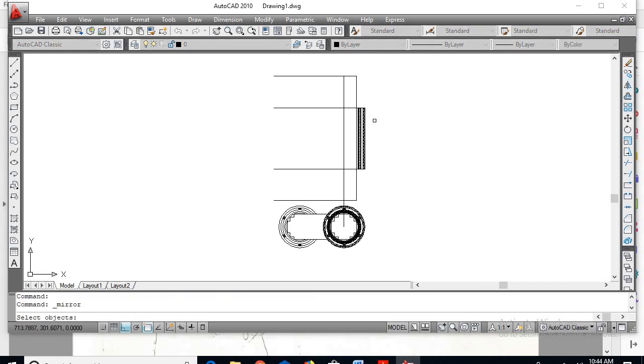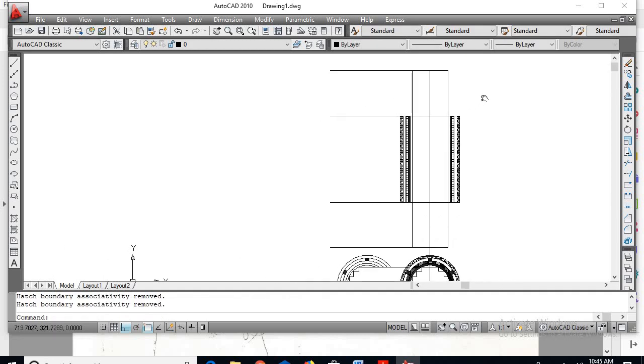I'll select the core here, enter. I'll take the first point of the mirror, the center line, say no, enter. So these are the unwanted lines, we can delete now. So I'll delete this center line, go for trim command, right click, so trim this unwanted portion.